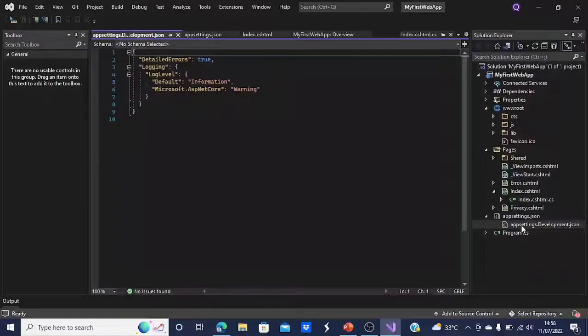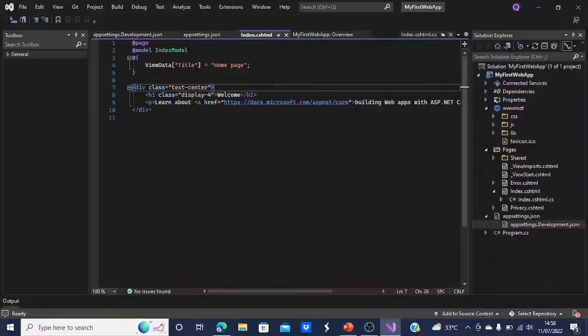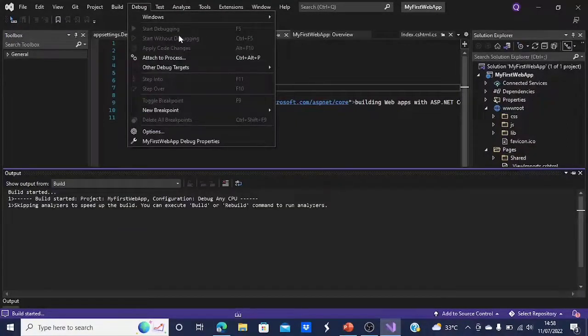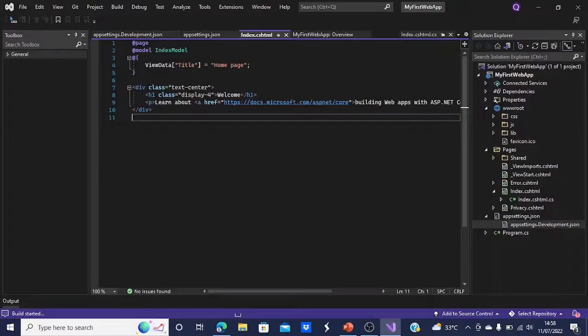Now we will run, debug, and make changes. First, we will open this project in the browser. You must click Ctrl+F5, like here, Run, or you can start debugging. Okay, start without debugging, Ctrl+F5, yes, like this.